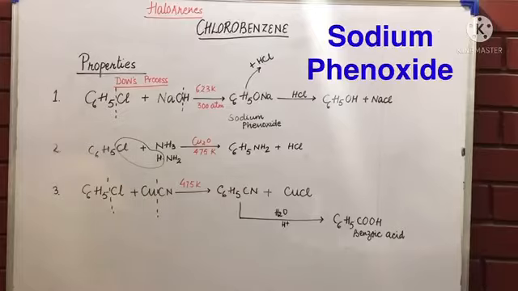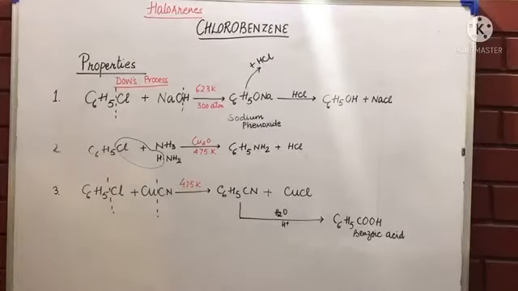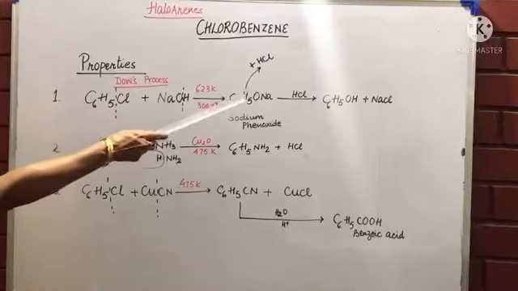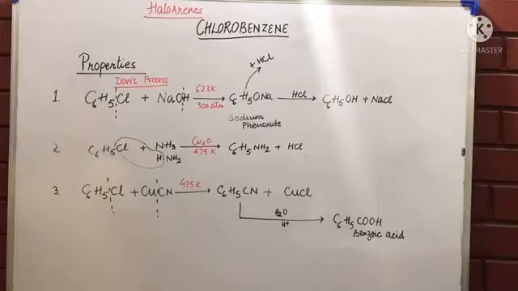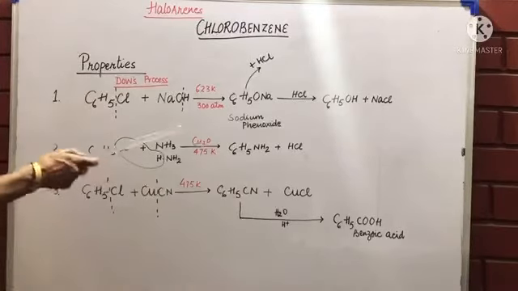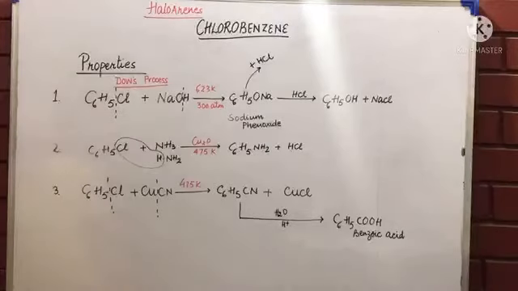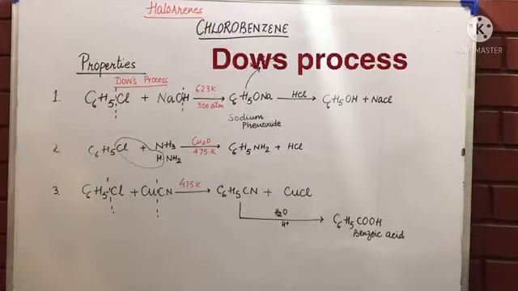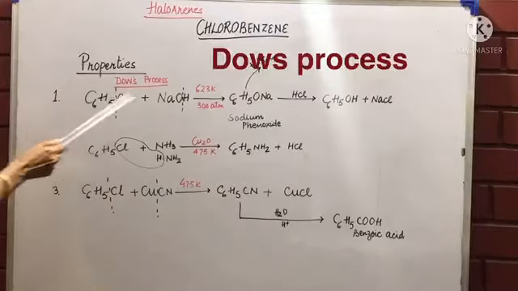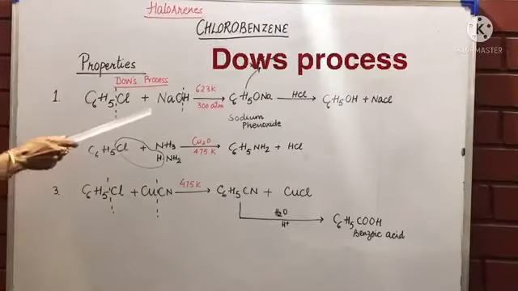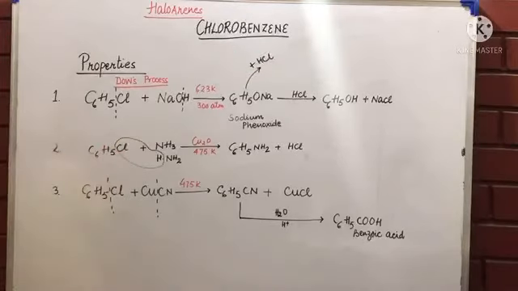Why phenoxide? Because the C6H5 group is also called a phenyl group, and there is oxygen here, so sodium phenoxide is a stable compound. The HCl which is formed here again reacts with it to form C6H5OH and NaCl. So this is also used in the preparation of phenol. C6H5OH is phenol. So phenol can be formed by Dow's process. Your question might say convert chlorobenzene to phenol. So you know that you first react with a base, then you react with an acid.